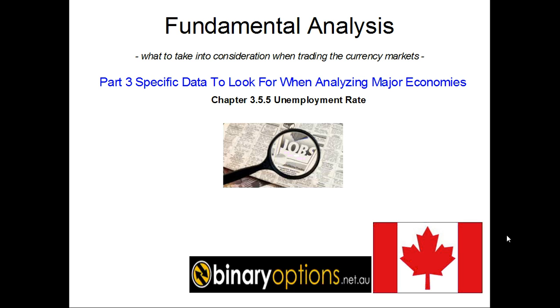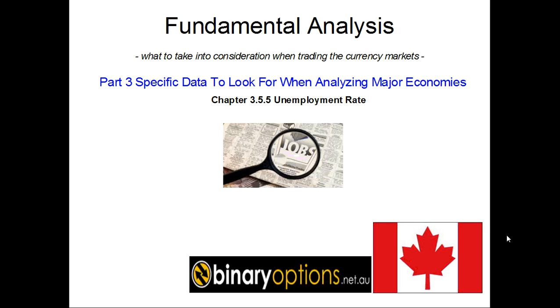You will see that when we are looking at the past 6 months worth of data regarding the unemployment in Canada. So once again, the unemployment level in Canada is better than the ones in US, UK, and Eurozone, but higher than the one in Australia. Now, what does this tell us? It tells us that the commodity-driven economies, like the Canadian economy and the Australian economy,